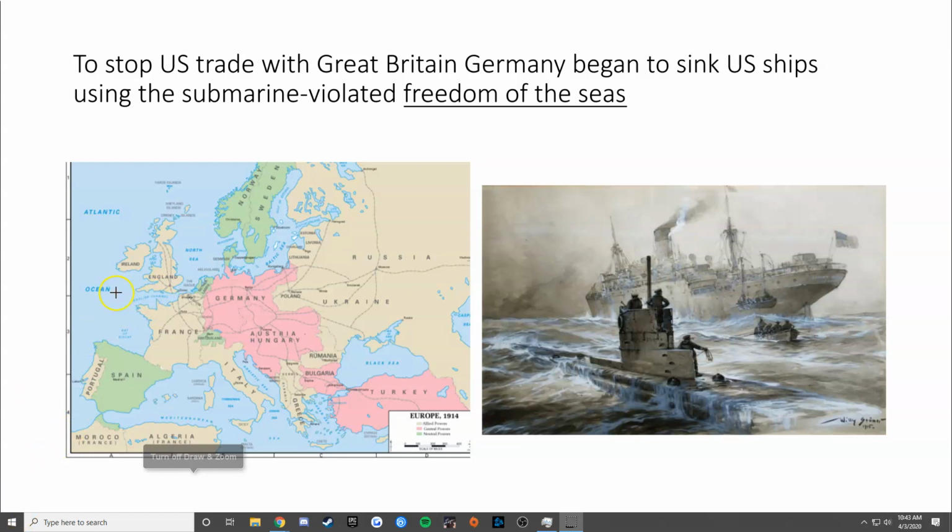So what goes on here, like we said before, these two areas are shut down now, right? They're stopped. So if we're the Germans, we're going to take our submarines and patrol out here and over here and try to make sure that these ships from America don't end up getting to our enemies. So what happens? These German submarines begin to sink American ships, all right? And that violated our belief in freedom of the seas.